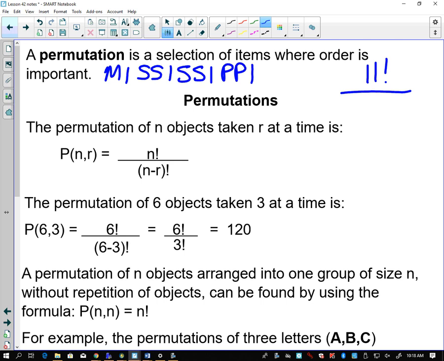How many M's do I have? 1. So that's 1 factorial. How many I's? 4. So what do I write? 4 factorial. S's? 4. 2 P's. So if I'm going to plug this in my calculator,